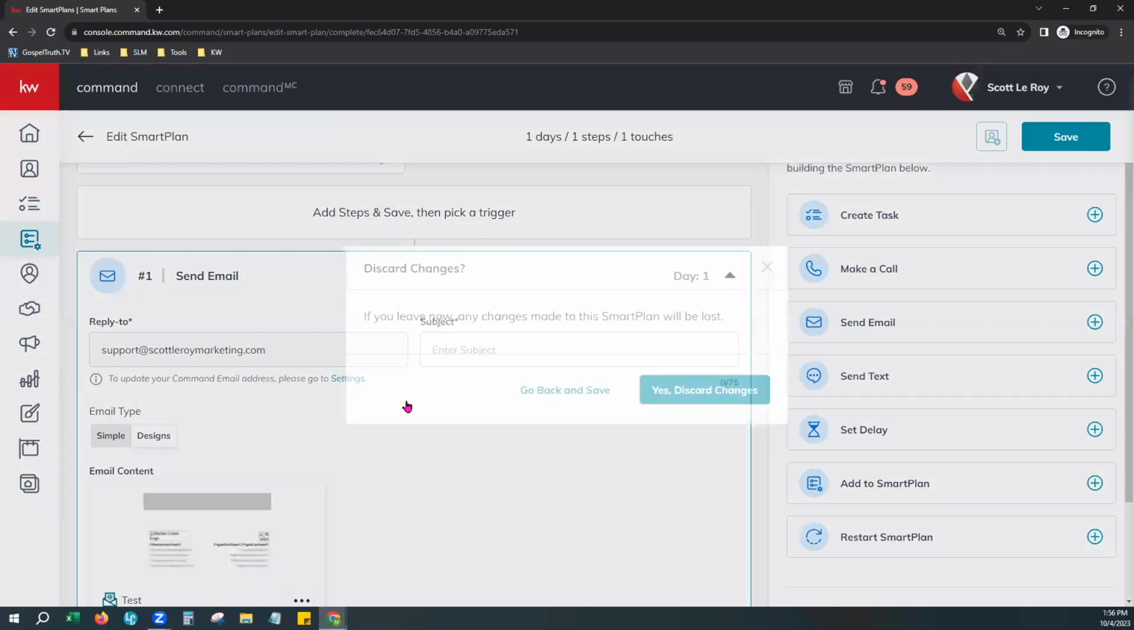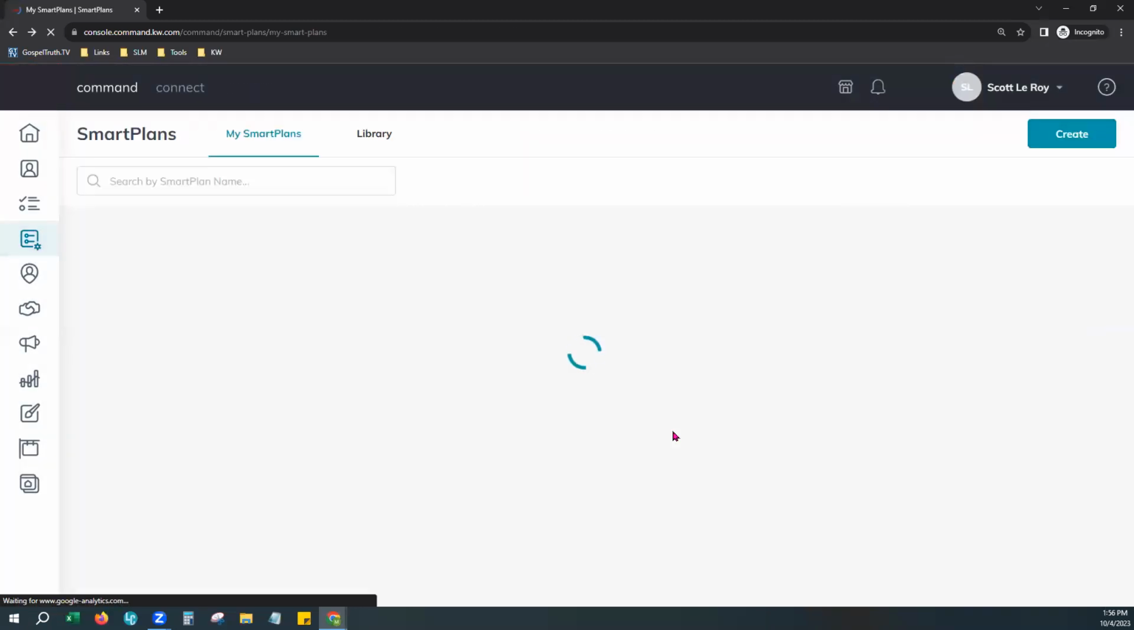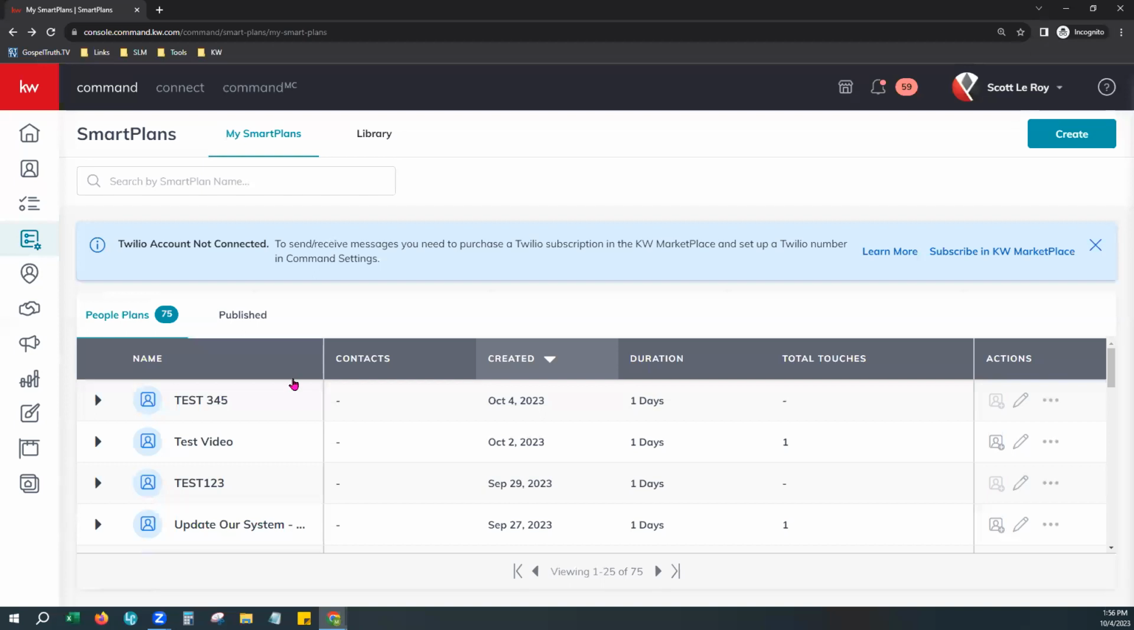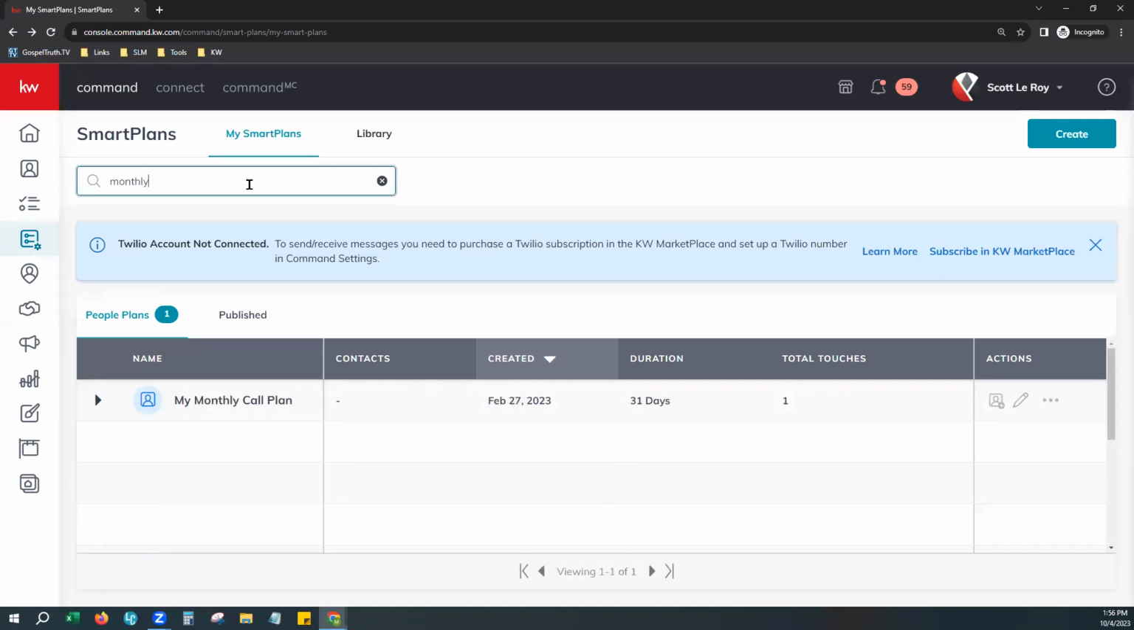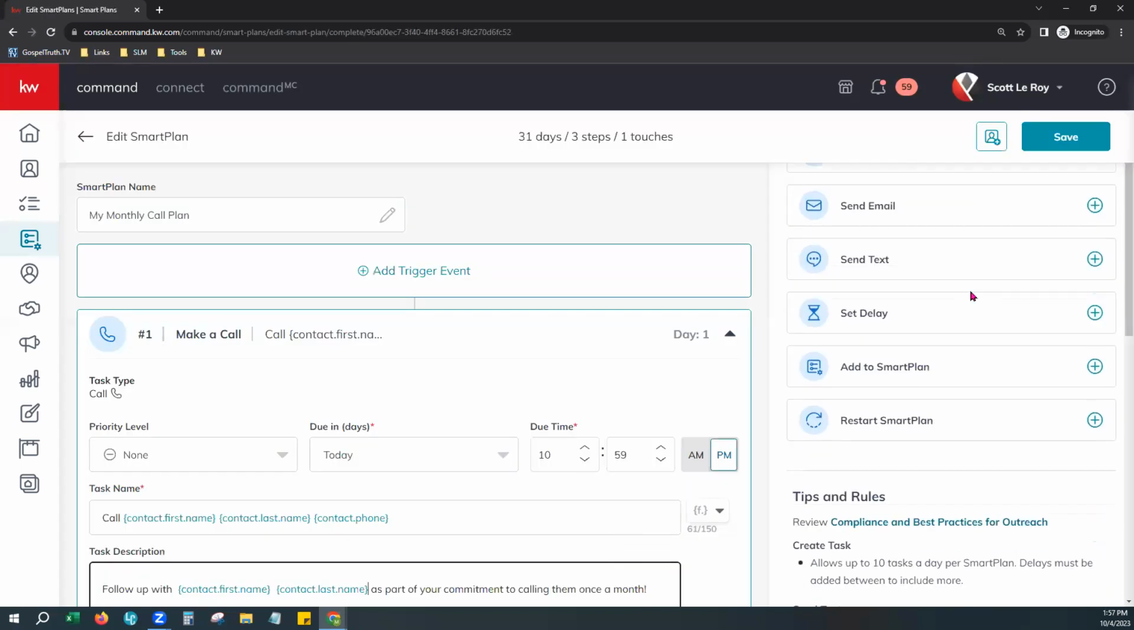I'm going to exit back out now that you've gotten to see what it looks like for all the different actions within your smart plans, and just want to show you what it looks like when you go to grab one that is a KW smart plan or possibly has someone already added to it. So it's an active smart plan. Your editability is limited. So if I hit edit right here by this monthly call plan, it'll give me,